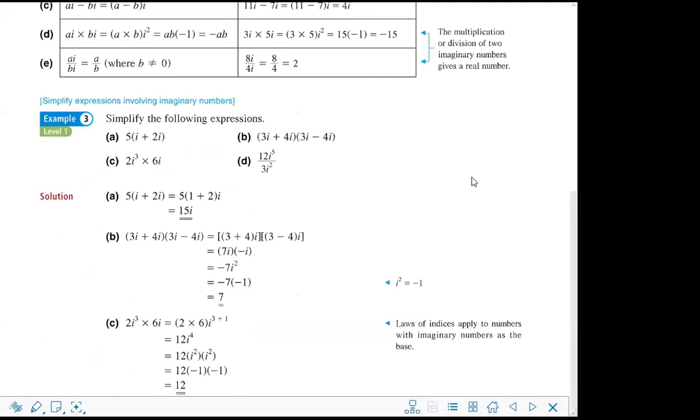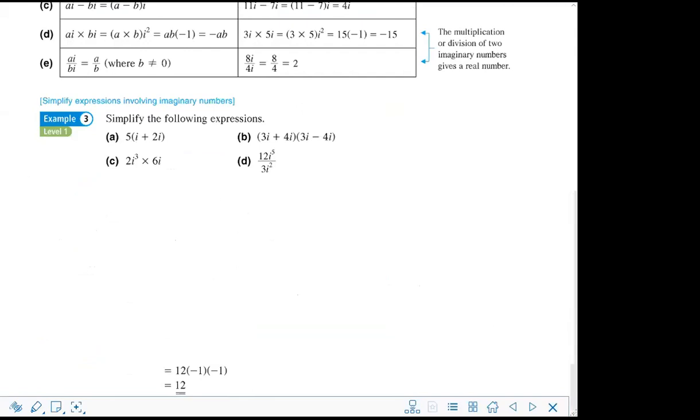Example 3. Simplify the following expressions. OK？嗱，我咁樣做一次啊，即係我揞住 solution 先。